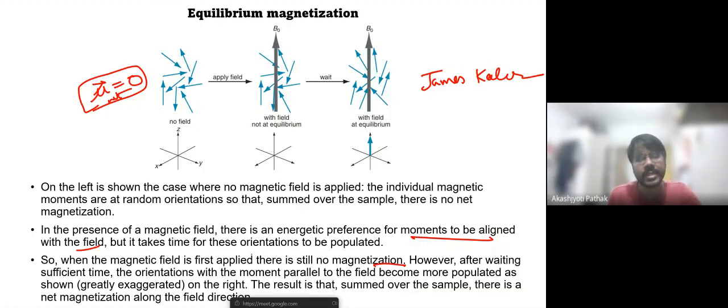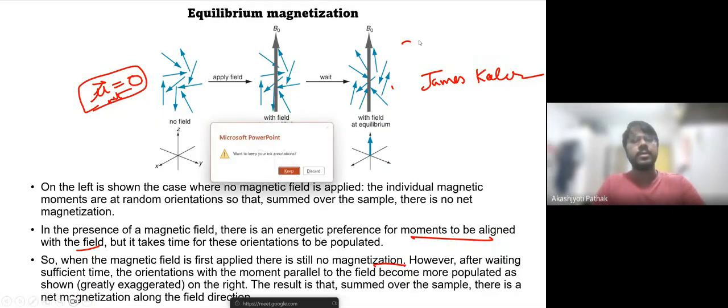However, after waiting sufficient time, the orientation with the moment parallel to the field becomes more populated. With time, you can see here that if you count one, two, three, four, five, almost five nuclear magnetic moments are oriented in the same direction as the magnetic field, and there are only three magnetic moments oriented in the opposite direction. So you have a net magnetic moment which is oriented in the